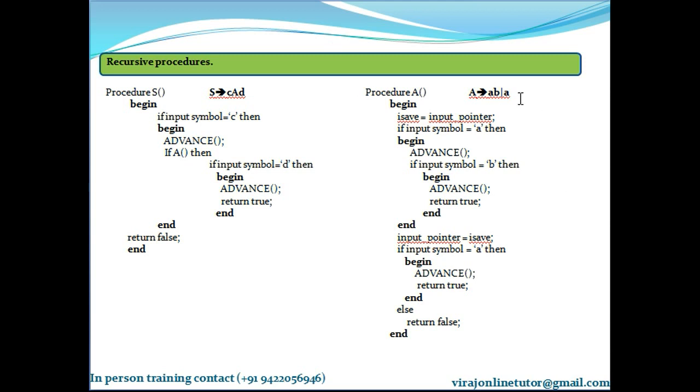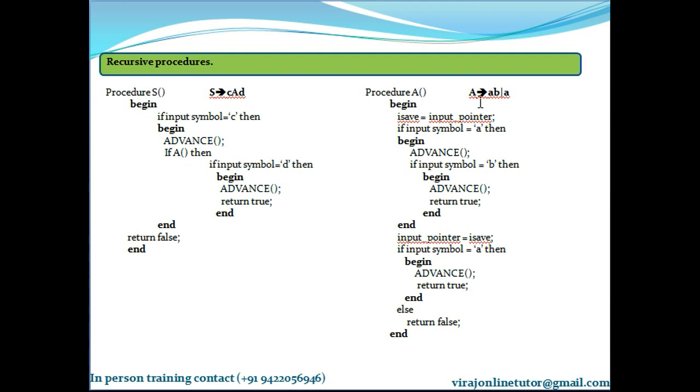Now this is the procedure for the production for A. Please remember, this is a backtracking parser, so we should be able to provide a provision for backtracking. How will you provide the provision for backtracking? We need to save the pointer so that if we want to backtrack, we can backtrack to a particular position.